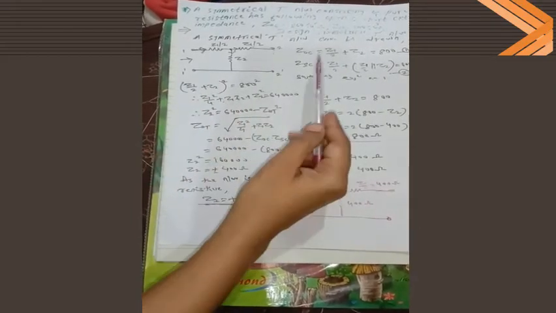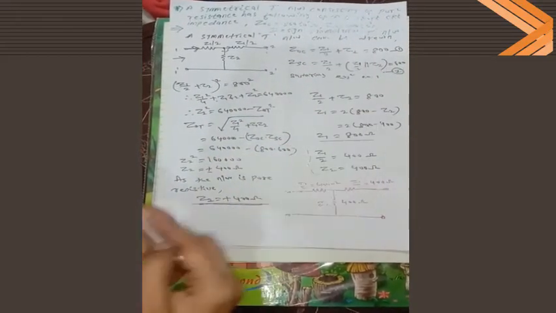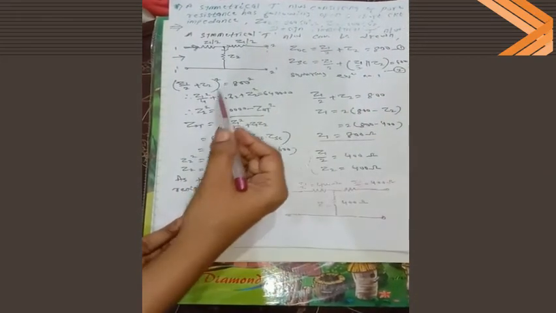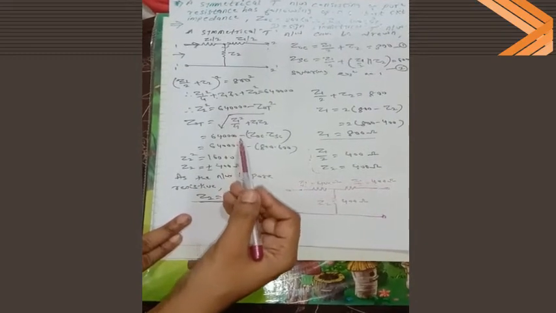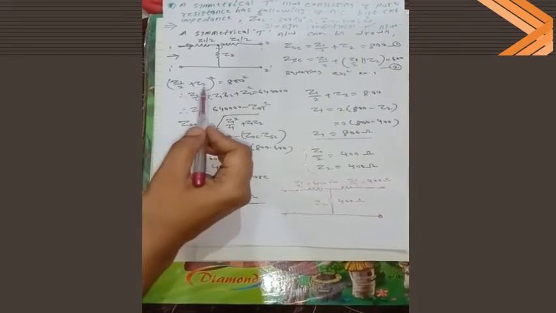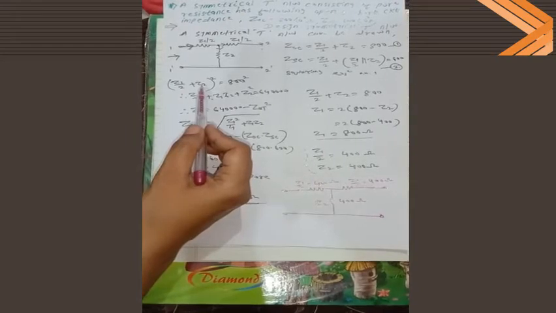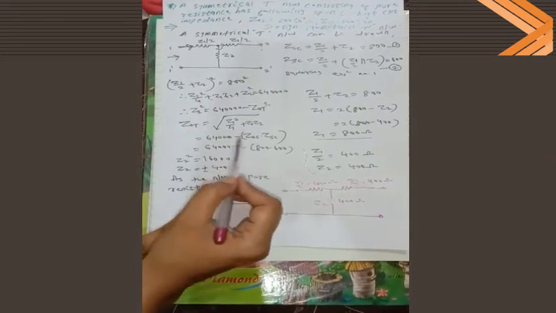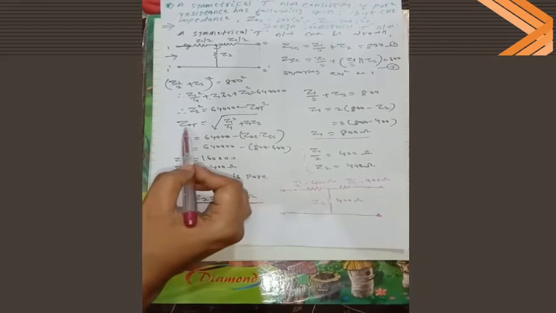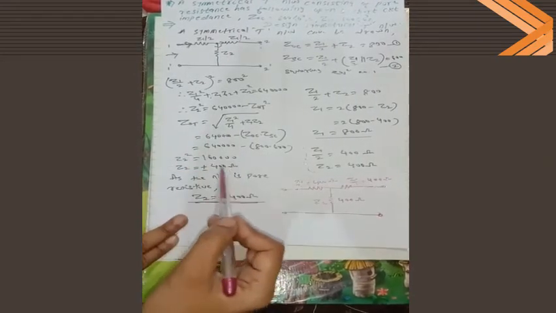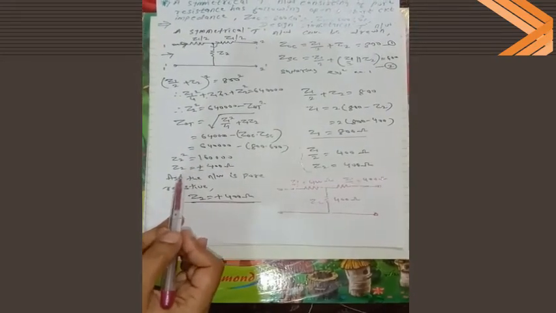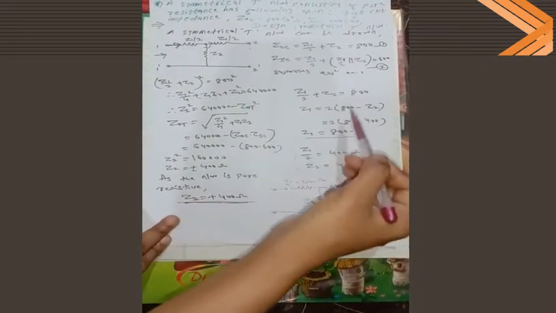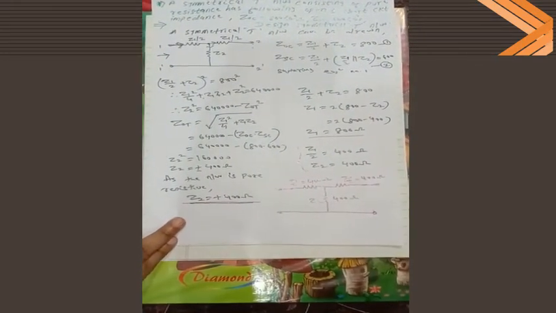Now just to go through the ZOC and the ZSC. In terms of the formula, by looking at this circuit we can write the series and parallel circuitry, but directly they have given the 800 and the 600. You can mention equation 1 and 2, square on both sides, and you can simplify this one. But we know very well this term is nothing but the Z0T, that is nothing but the characteristic impedance of a T network. That's why whenever you are getting such a thing, you can directly substitute the value of Z0T. So substitute this one, get the unknown parameter, that is nothing but Z2, substitute in any one of the equations, you will get the other term. Likewise, you can simplify this numerical.